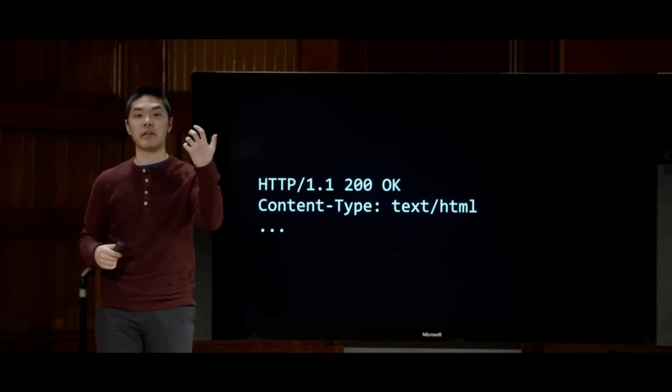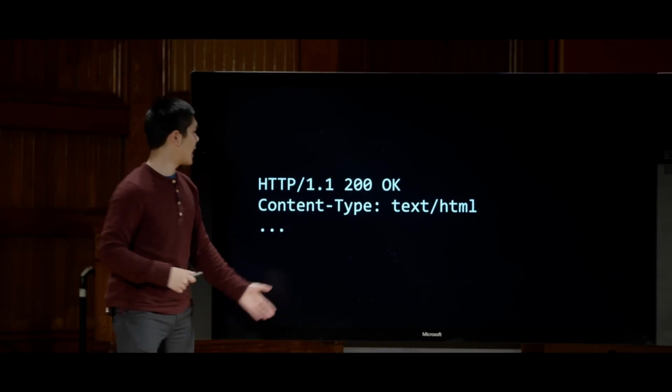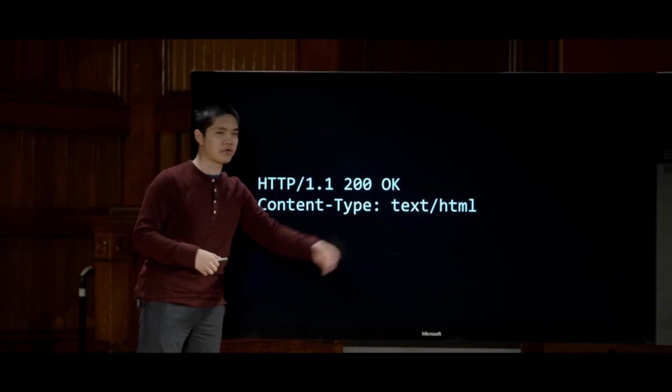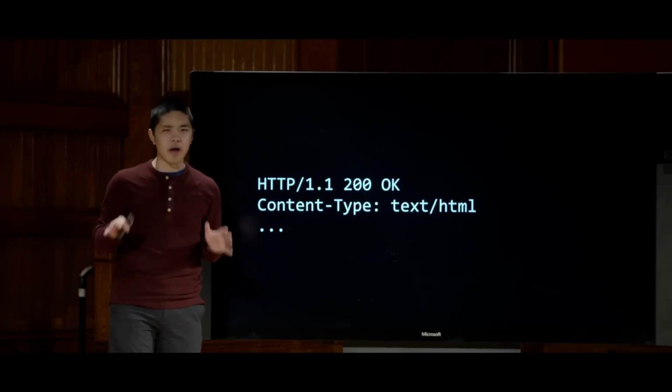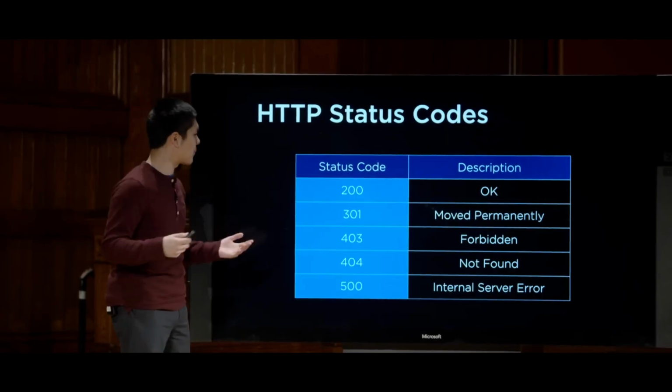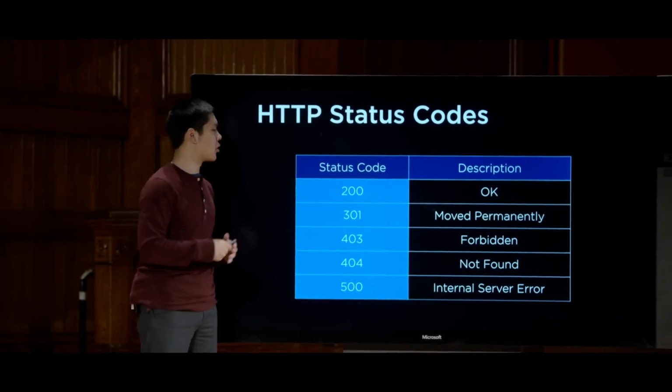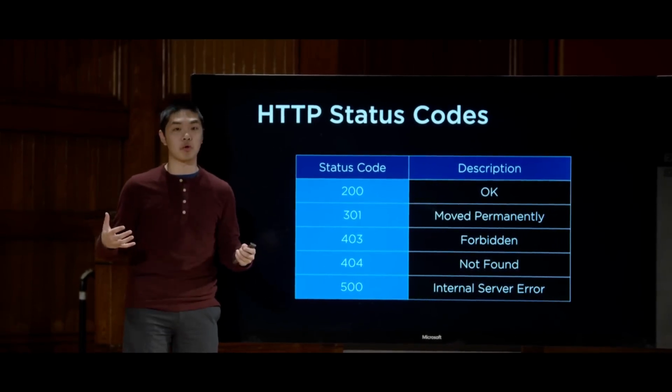One user makes a request to get a particular web page, and what they get back is a response like this that hopefully includes status code 200, which means OK. But there are a number of other status codes as well. Some of the more popular: 200 means OK. You've probably seen 404, the status code that means not found if you try to request a web page that